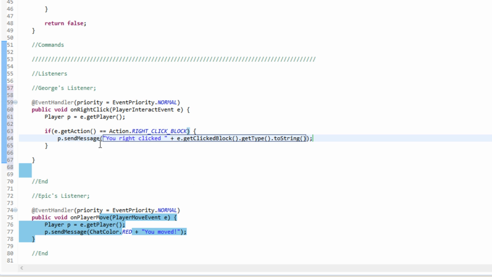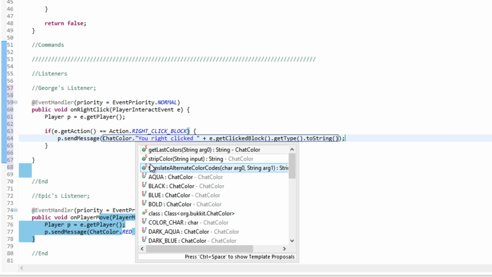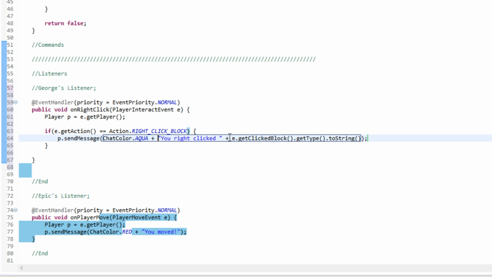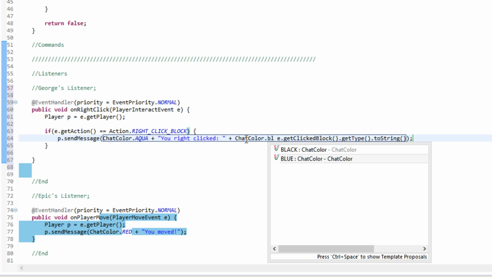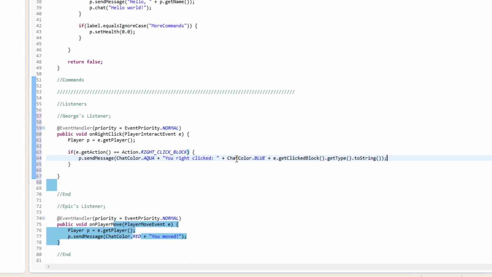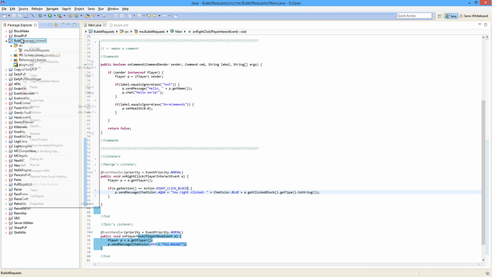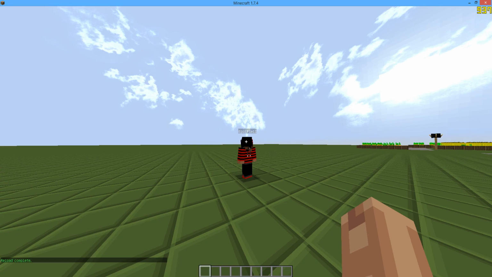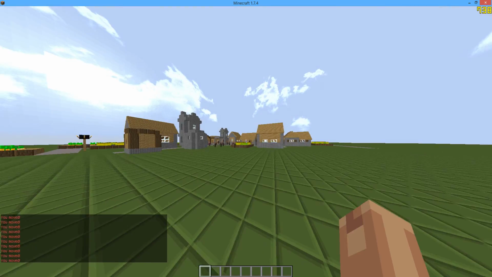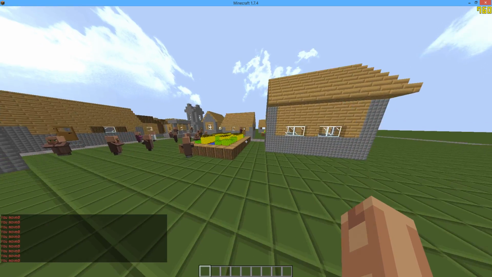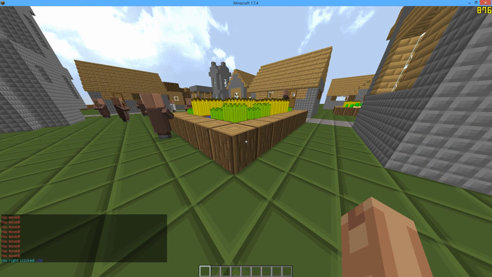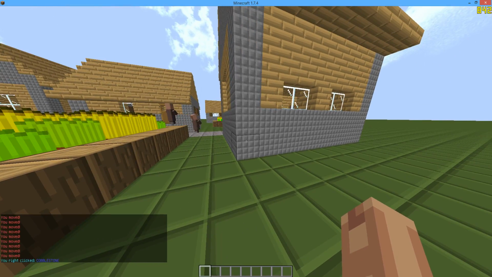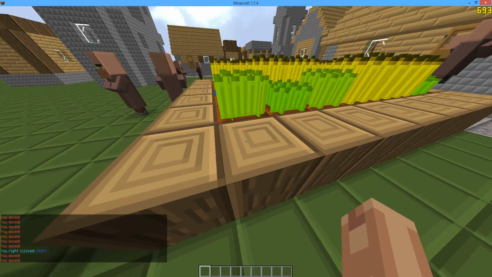And just to do what we did earlier with the chat color, we'll do ChatColor.AQUA, and then for the block bit, we'll do ChatColor.BLUE, so light blue then dark blue. So let's see if this works, which it should. Export it, reload. We're gonna have lots of move messages, but let's go over here. If I right click this log, you right clicked log, you right clicked cobblestone, you right clicked grass, you right clicked crops,